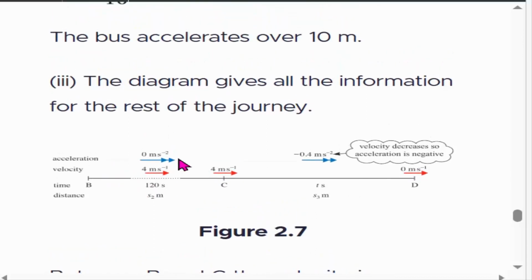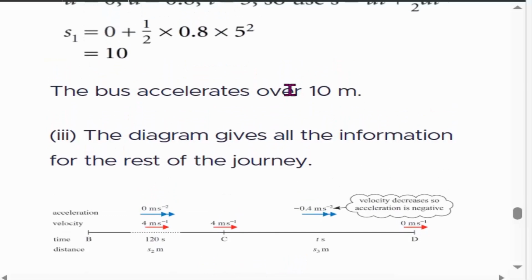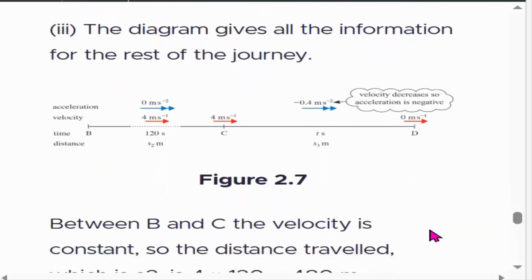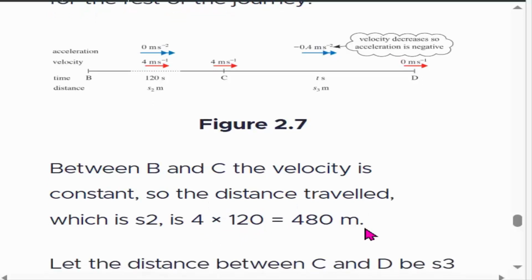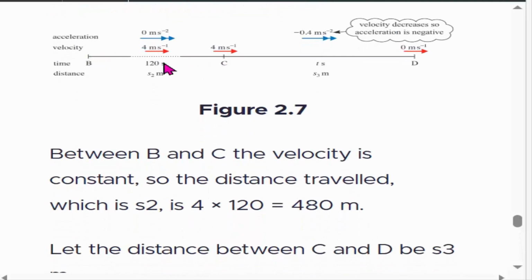Sorry, in fact this one is s1. So earlier I said s1. This is the s1 value of 10 meters. That is the time taken to reach from A to B. We need to find the time taken to reach from B to C and C to D. Between B and C, the velocity is constant, so the distance traveled is also given by the multiplication of velocity times the time taken. So velocity 4 meters per second times 120 seconds, so it traveled 480 meters during the constant speed time, B